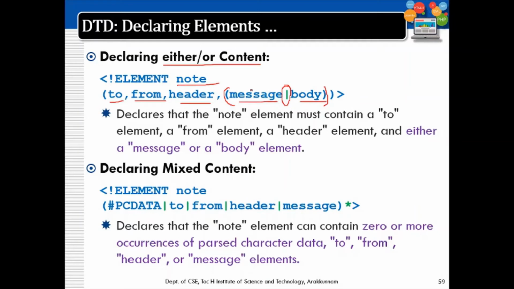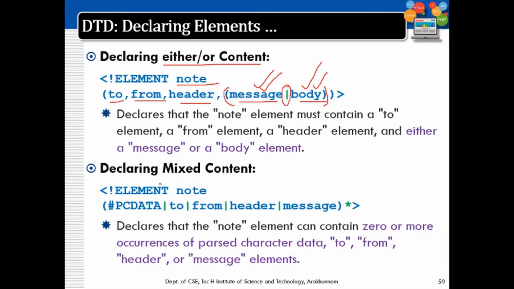This means that the note node may contain either the message tag or the body tag. Both mean the same thing. So when a user tries to create an XML with the root as note following this DTD, he can use either the message tag or the body tag within his XML.